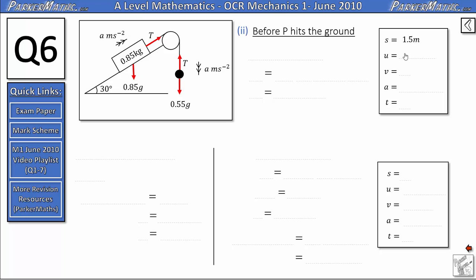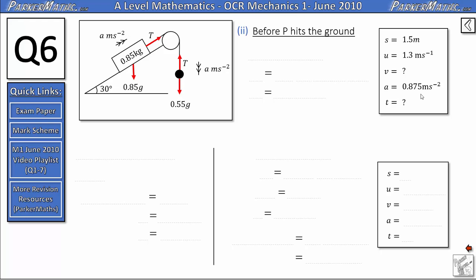So in the extra information, it told us that P travels 1.5 meters down. That means that the block will travel 1.5 meters up the slope. Its initial velocity was given as 1.3 meters per second. The final velocity is something we don't know yet, but it's going to be something we need to work out. The acceleration we worked out in an earlier part of the question was 0.875, and we don't know how much